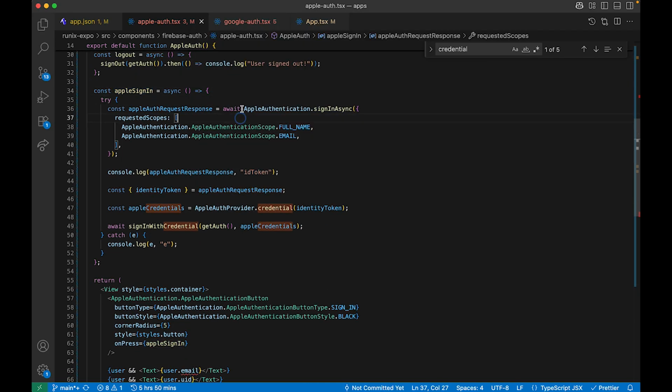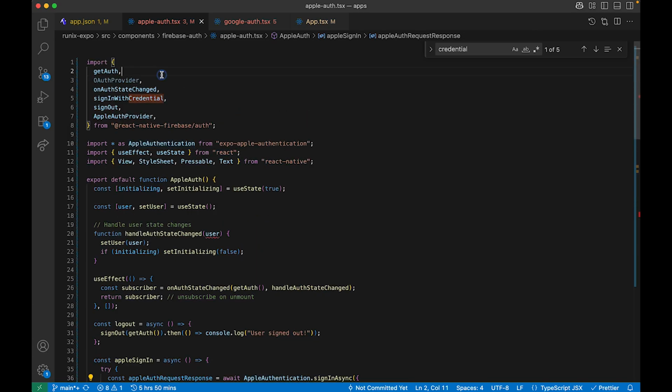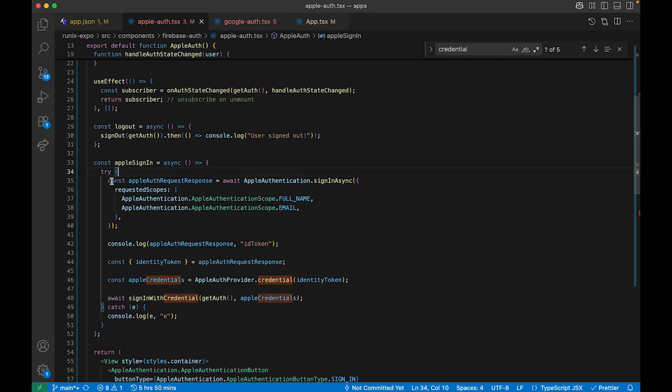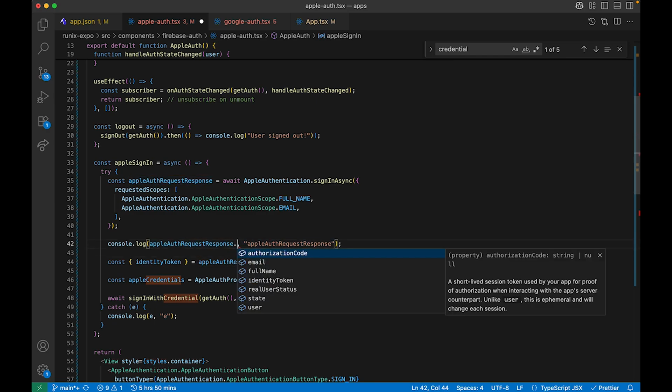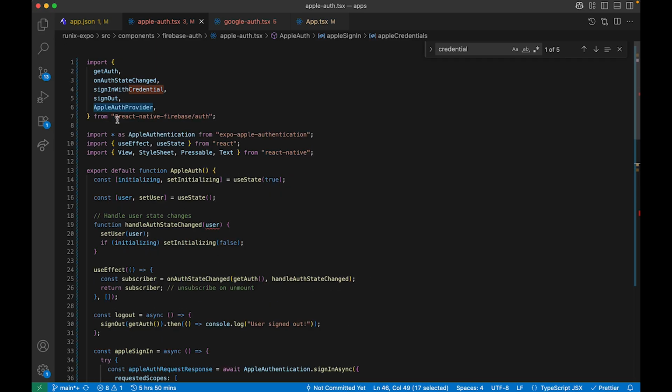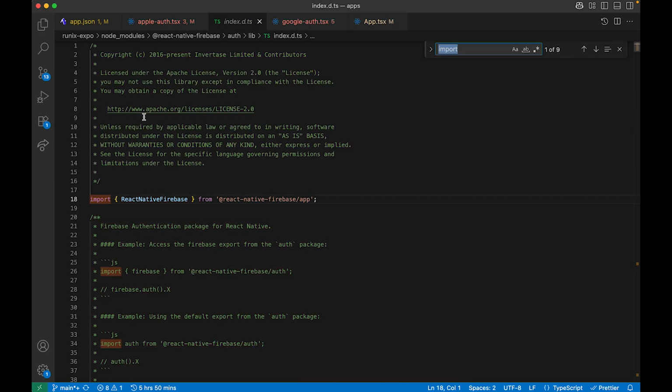The first thing is we are using the Expo Apple Authentication library to get the response back, to see if they can sign in or not. That's the first step. The second step is to retrieve the identity token from this. If we use dot, we get the authorization code and all these things, but we just need the identity token, which is the JWT, the JSON Web Token, which we will use to connect with the Apple Auth provider from